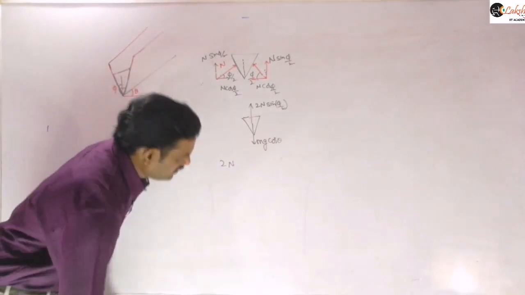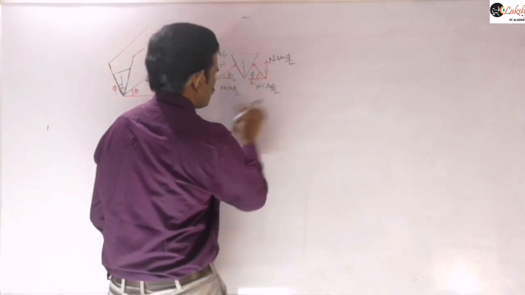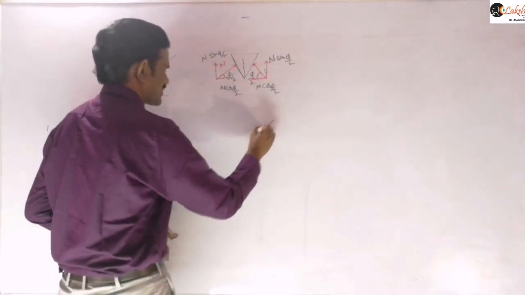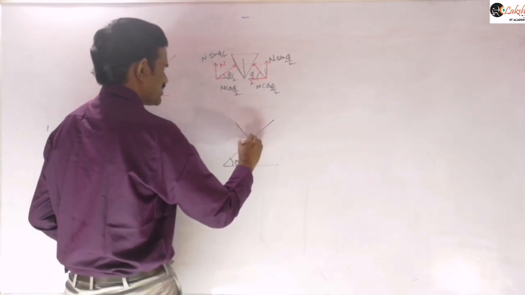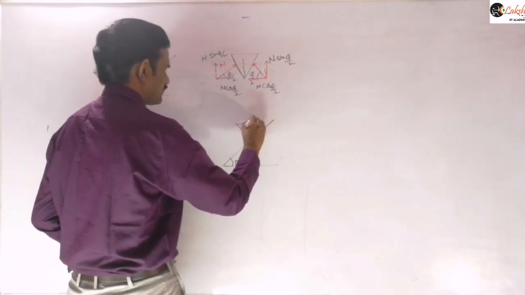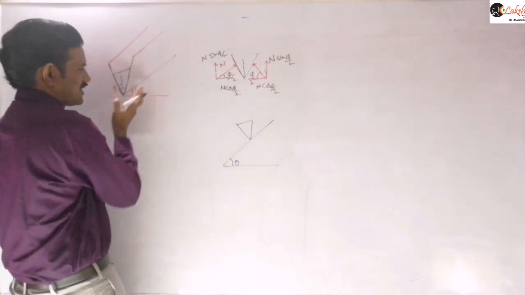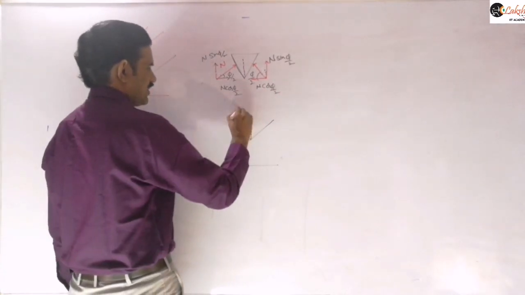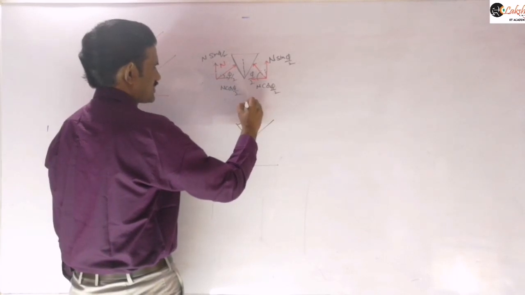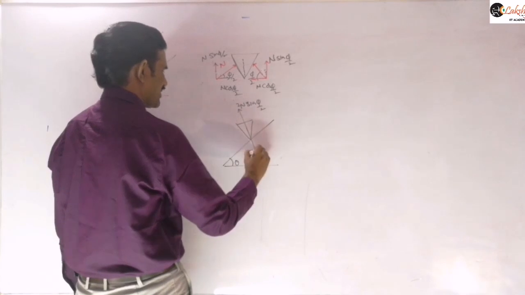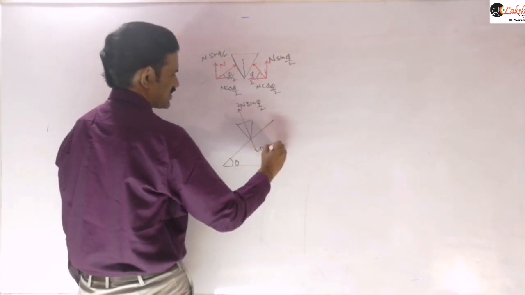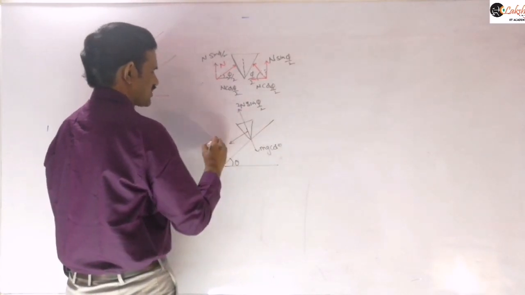I will draw the inclined plane diagram so that you get more clarity. I am taking this as an inclined plane like this, and our triangular wedge is like this. I am just representing this edge as a triangular plane here. Now 2n sin phi by 2 will be along this direction, and that is balanced by mg cos theta, and this will be mg sin theta.